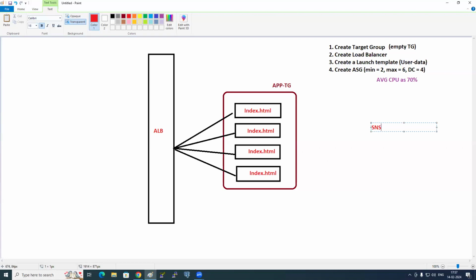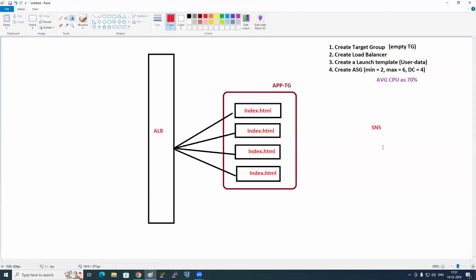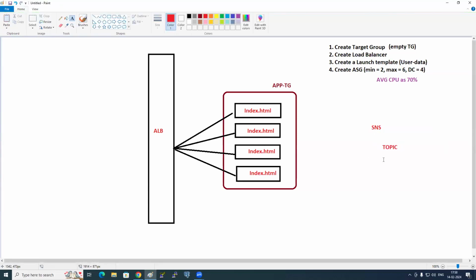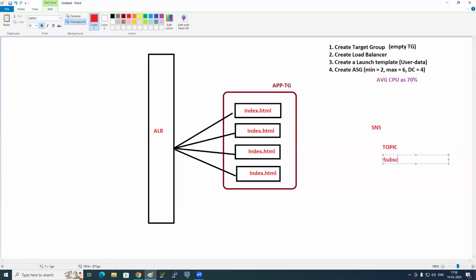In SNS, we have majorly two things. Number one, we call it a topic, and the other is subscription.